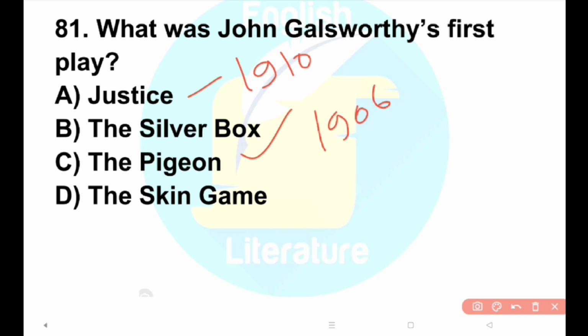The Pigeon, 1912, came after The Silver Box and was another early play. The Skin Game, in 1920, is a much later work in his dramatic career. So option B is the correct answer. Next,